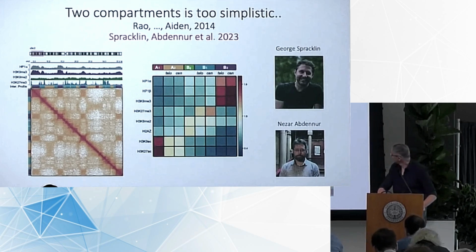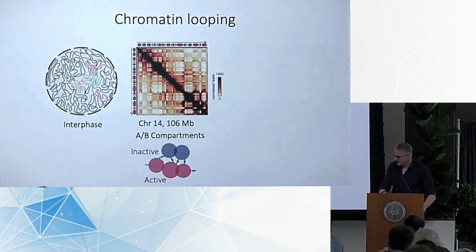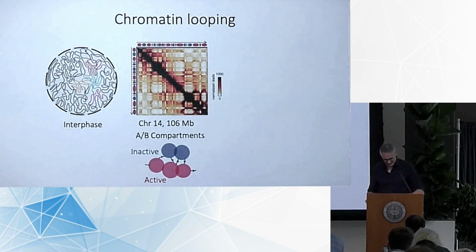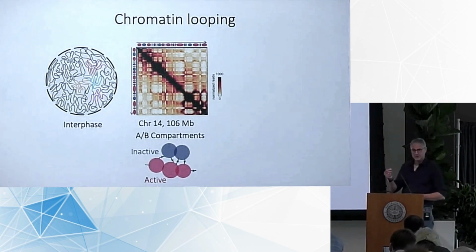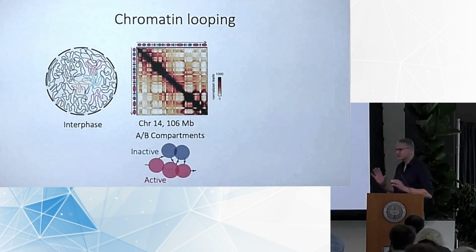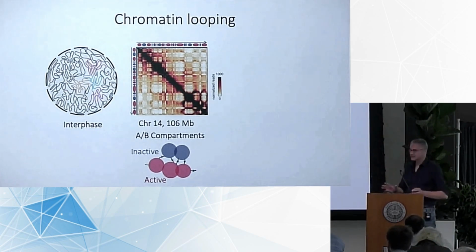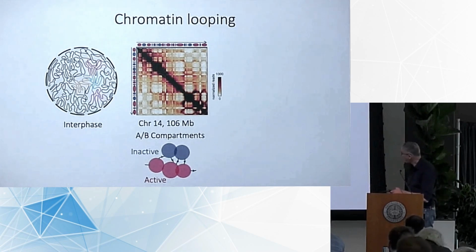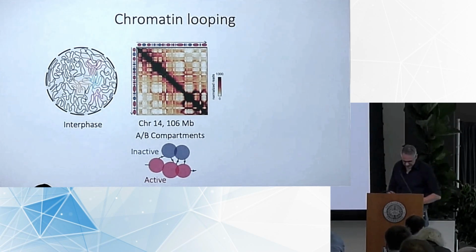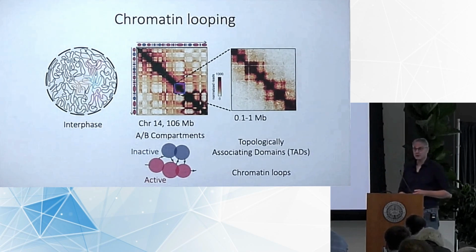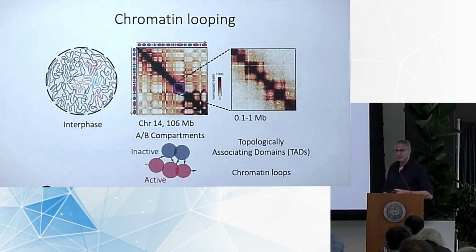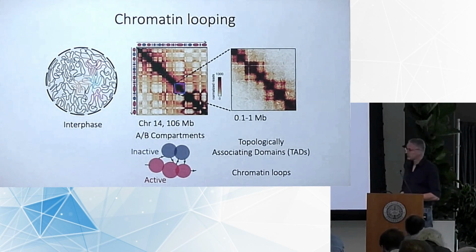As I said in the beginning, we don't know much more than the phenomenology of compartmentalization. We know much more about chromatin looping because we actually have molecular mechanisms, and we have molecular machines that make loops. That is always very appealing for experimentalists because now you can perturb the system, control the system, and study the system in atomic detail. Over the years, as we started to analyze these Hi-C maps at much higher resolution, and now, of course, increasingly many people are using Micro-C or Region-Capture Micro-C to get nucleosome resolution contact maps,